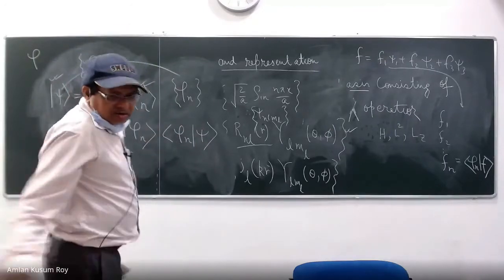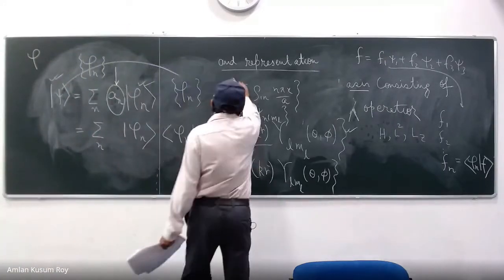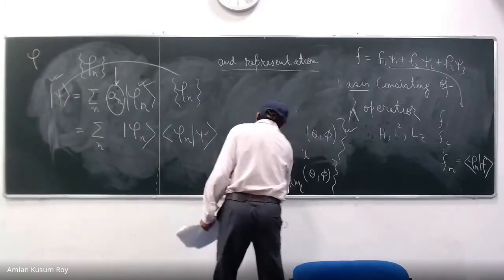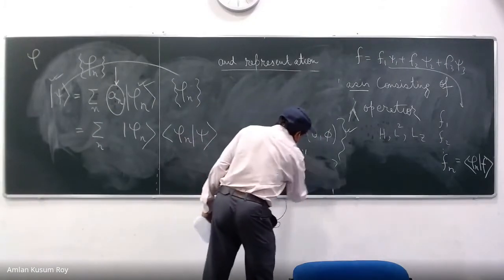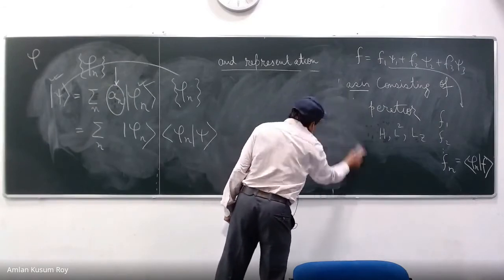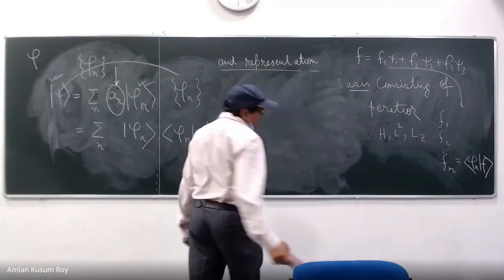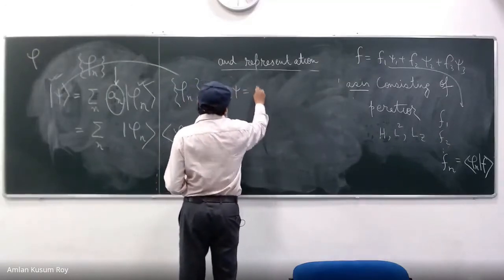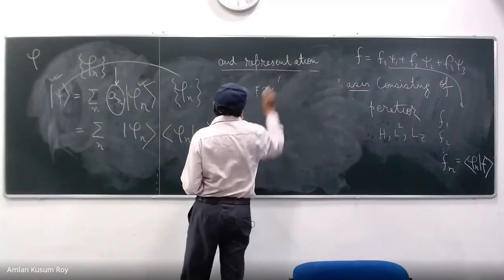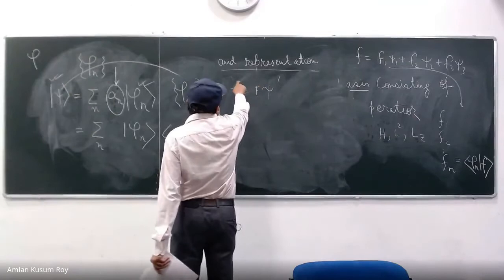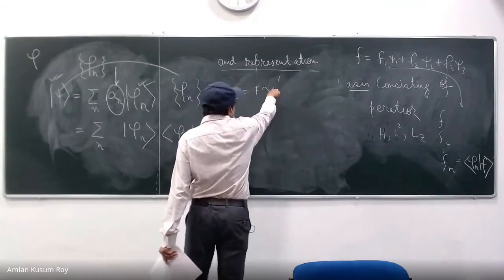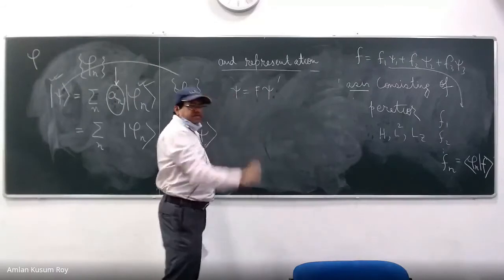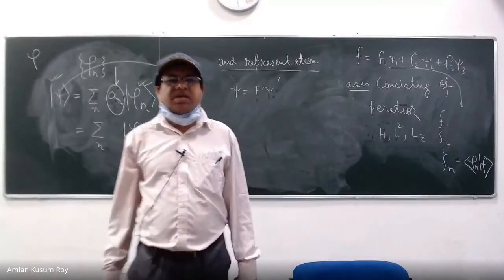Now I'm curious to write this expression. Suppose, can you work it out now? Suppose I know psi is equal to f psi prime. So this is an operator, this is an eigenfunction, this is another eigenfunction. You operate f on this function to get psi. I want to write this in matrix form.